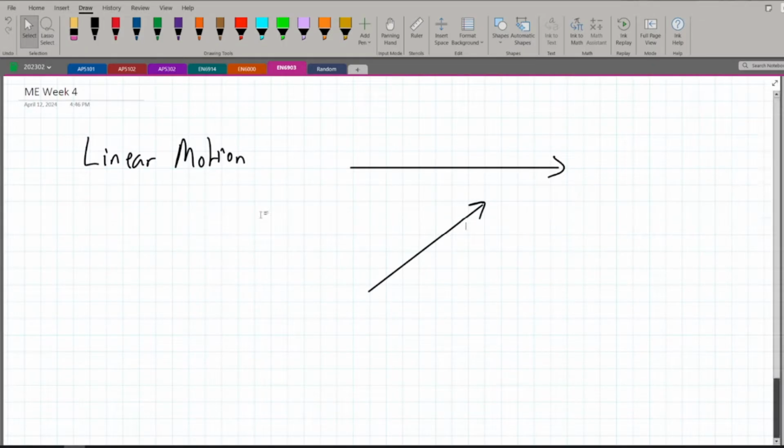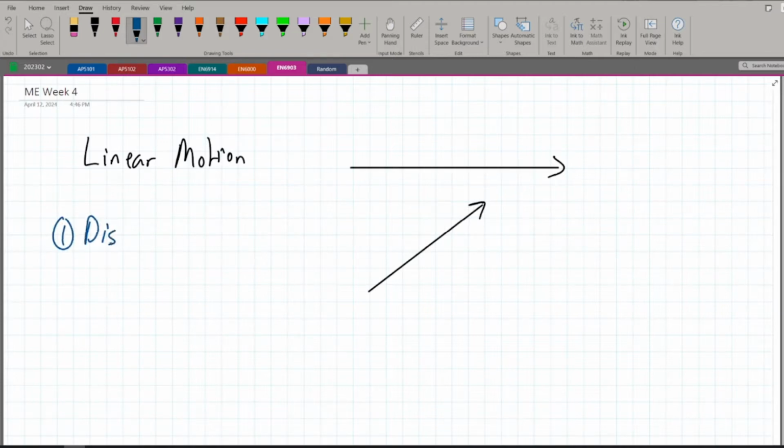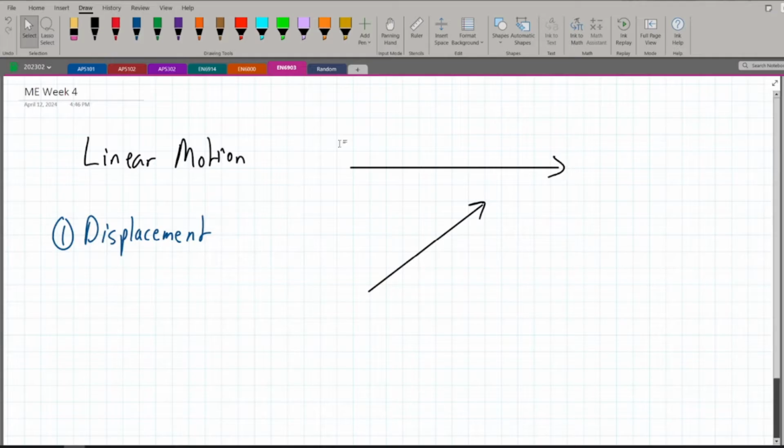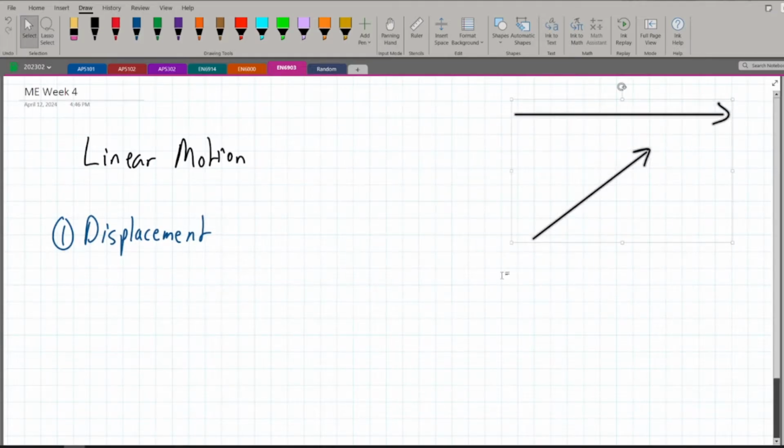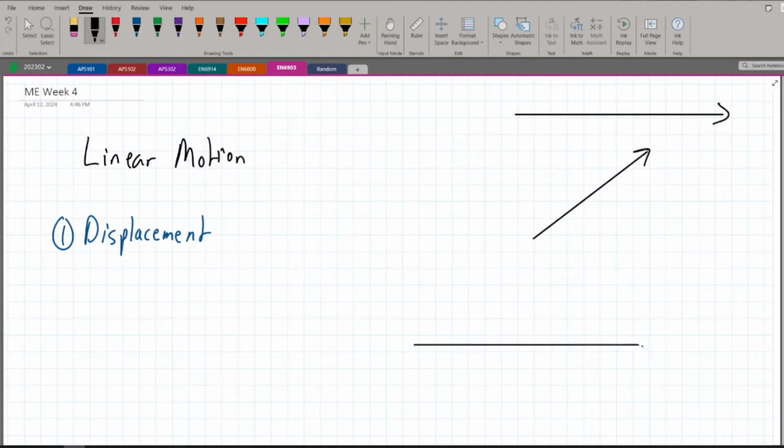Alright, so when something is moving in a straight line, you have four important components of it. The first component is called displacement. This is also known as the distance that it is covering. So let's say we're looking at a ground. If we have a ground and